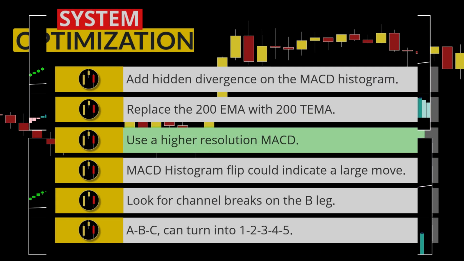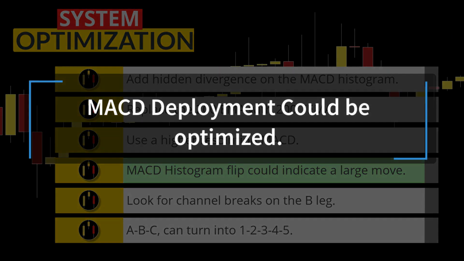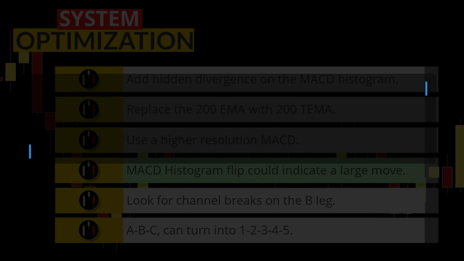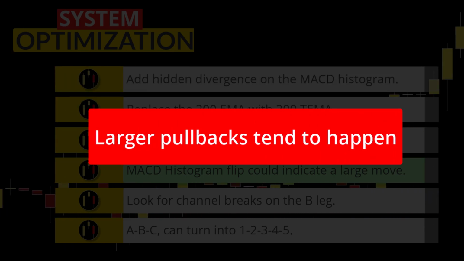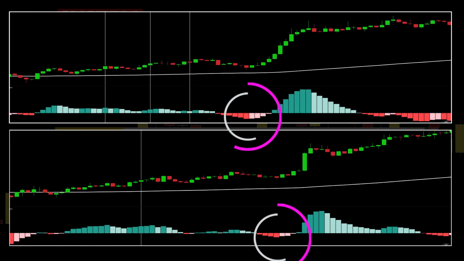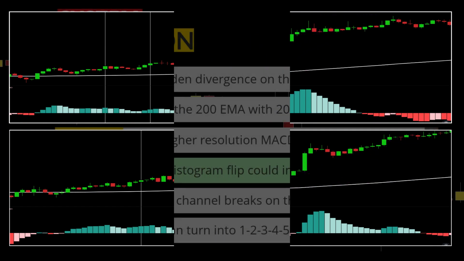Fourth, keeping the focus on the MACD, the original strategy requires the MACD to stay the same color for a valid entry. However, the biggest moves come after a pullback that takes the histogram to the other side of the zero line. You can see on these examples it is something to consider, and this may enable you to greatly increase your risk to reward ratio.